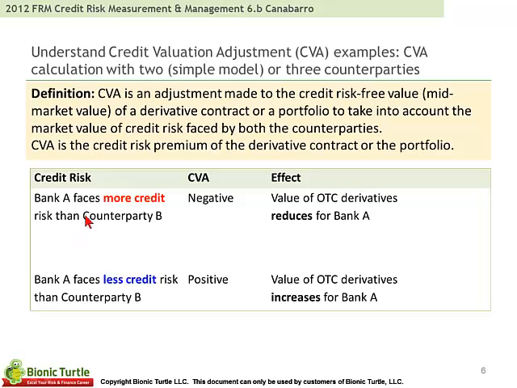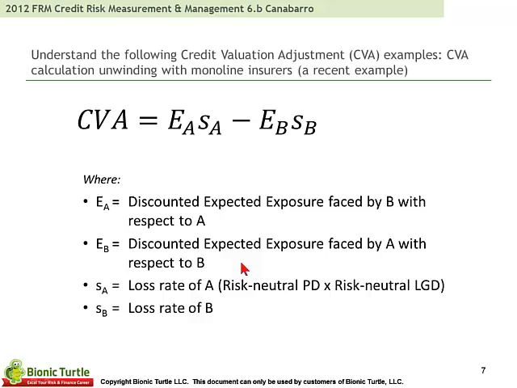If Bank A faces more credit risk than counterparty B, its CVA will be negative. After all, if you're Bank A, and you're facing more of the counterparty credit risk, you want to subtract from the price you're willing to pay for that position. On the other hand, if you face less credit risk, you should be willing to pay more, so the CVA will be positive. So in the notation here,